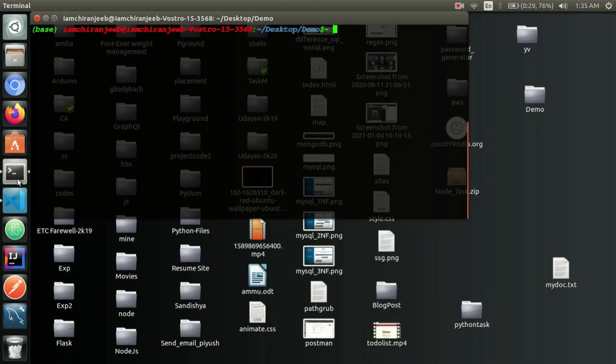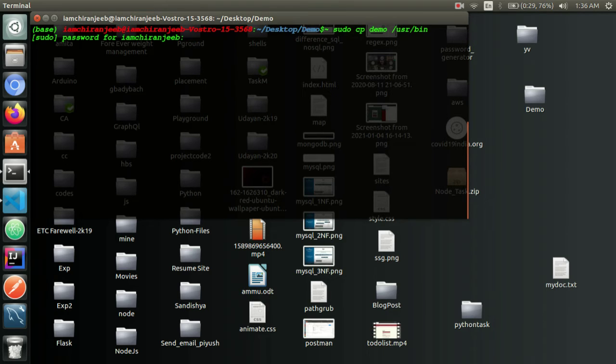For that I will type cp demo /usr/bin, and at the very starting I will write sudo. sudo cp demo /usr/bin.